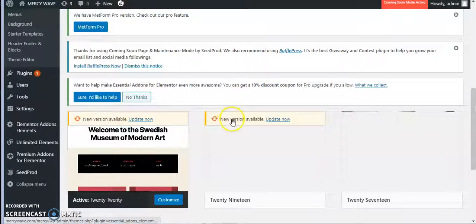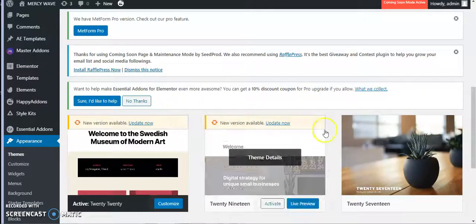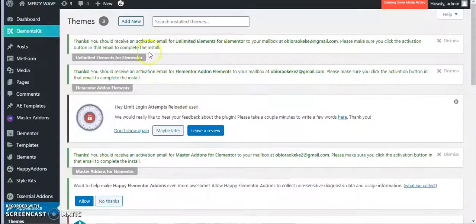So you can actually use it to, it's just plain. So you determine how you want your website to look. You are the one to draw a picture of what you want to get from your website. So Astra just gives you an avenue, like a platform for you to actually take this. So what I'm going to do is, I have clicked, this is add new. I'm going to add a new